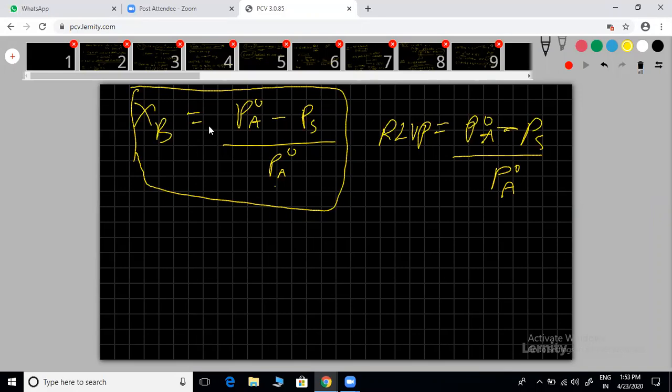This is nothing but the mole fraction. On lowering of vapor pressure, we have one question already: which of the following is the colligative property? Relative lowering of vapor pressure is a colligative property, but lowering of vapor pressure, equal to P naught minus Ps, is not a colligative property. Keep in mind, only relative lowering of vapor pressure. When studying it is fine, but if both are given in the options, we get confusion. Relative lowering means comparison with the initial value.